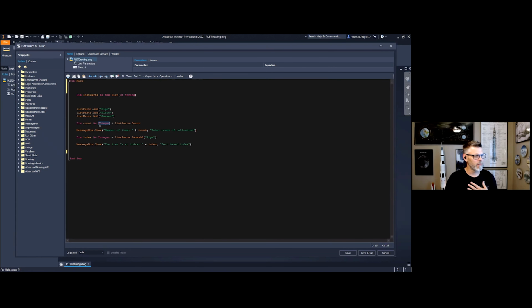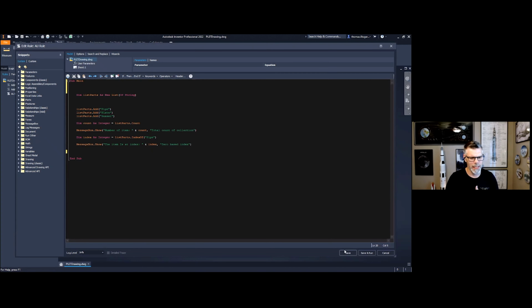And then it's going to feed back the number of items that I have in this list, and pop up a message box to show me the number of items. Now, from there, I just want to know, what is the index? What is the number? Where does it lie within the list? The item called pipe. My expectation is that it would be the first one within the list because of how I'm adding that information to the list.